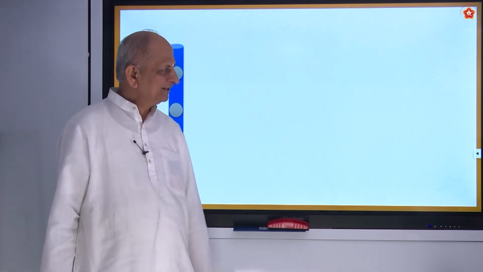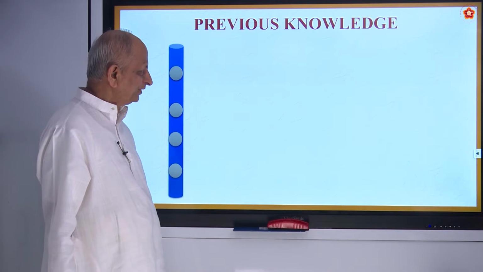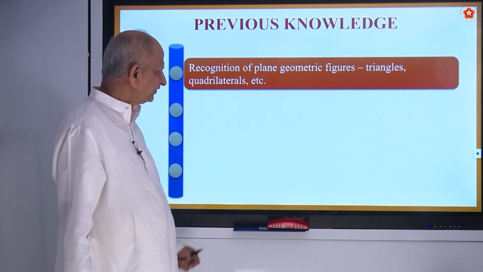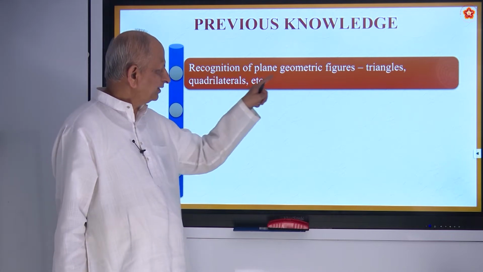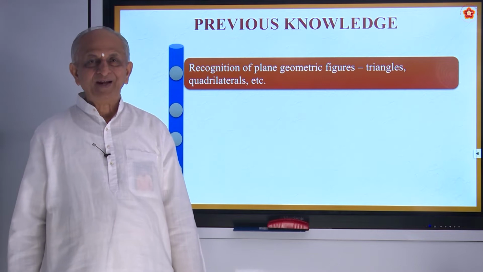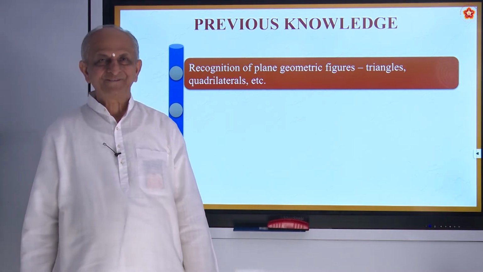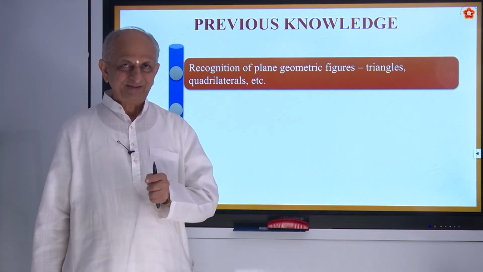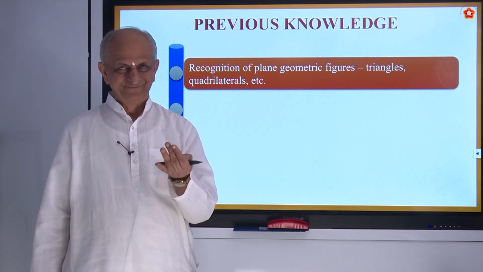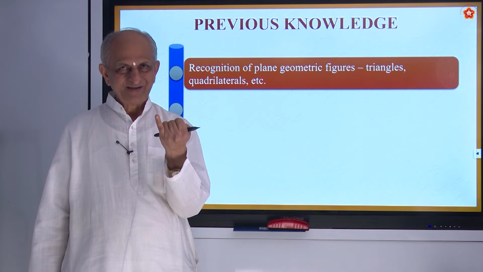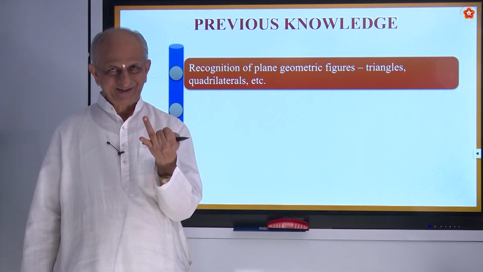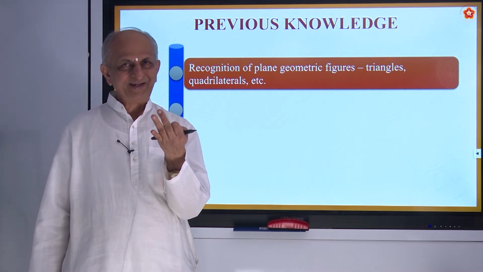Before that, let us just recall what we know about this. We have seen in our previous classes about triangles. How many types of triangles are there? With regard to angles, there are three types. Come on, what are they? Right angle triangle, then isosceles triangle, scalene triangle,